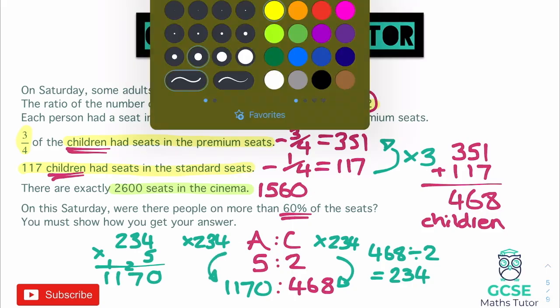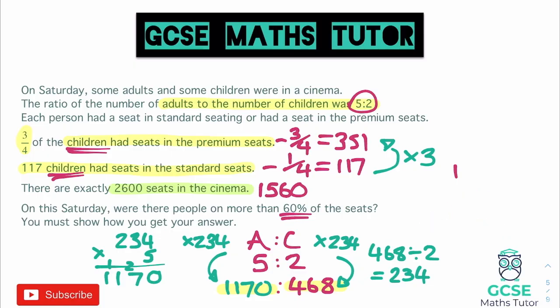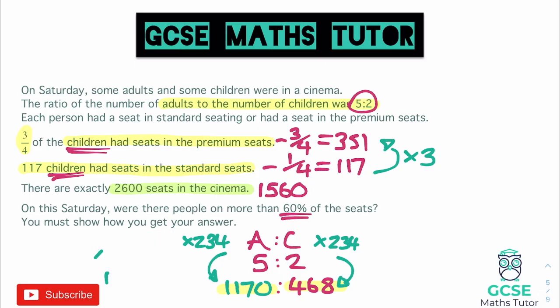Okay, so we've got quite a bit of information now. We've got 1,170 adults, and we've got 468 children. And it said, is 60% of the seats filled? And we already worked out that in order to fill that, we needed to fill 1,560 seats. So now we have all this information, and let's get all of this out of the way. We can actually finish this question off, because we can just add these two together, and that's going to give us the total amount of people at the cinema. So to finish this off, we'd do 1,170, the total amount of adults, add 468, the total amount of children. That adds up to